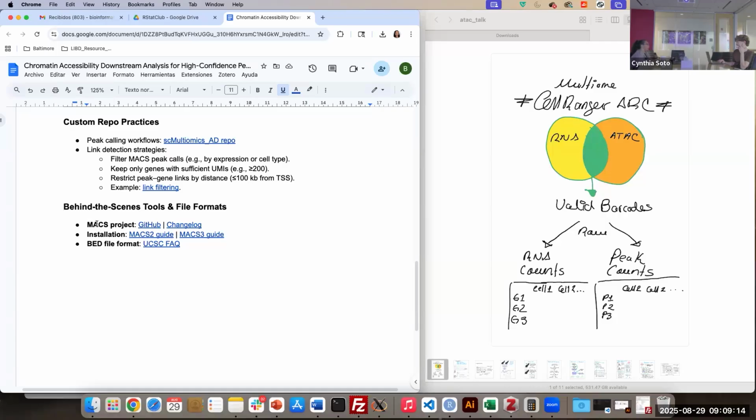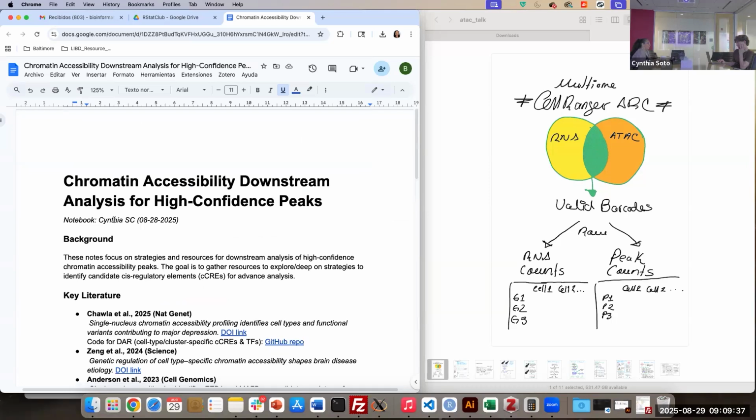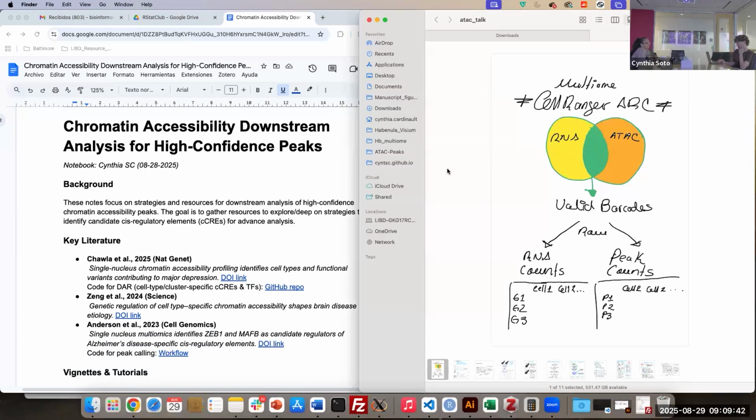One of these is MACS. MACS is wrapped in one of the Signac functions. It's not directly used to call peaks. But I also added here how you can install this environment in order to reproduce a particular analysis, and also the BED file format, which is one of the main core things in this kind of analysis. Okay, so I will start with a general image of what we are expecting,